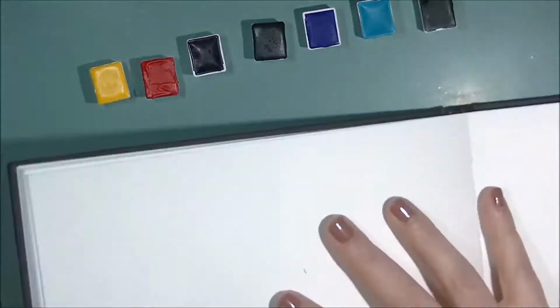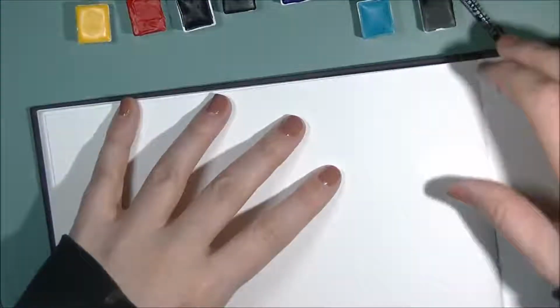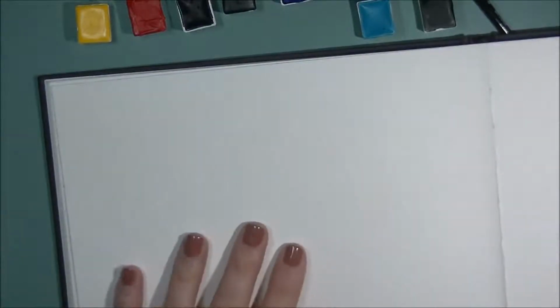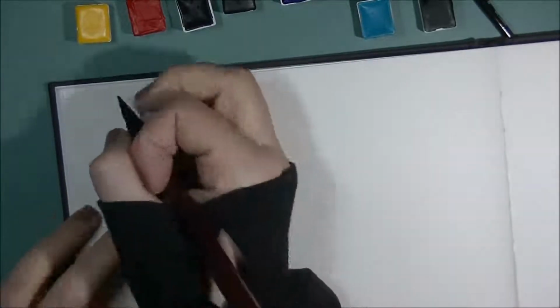I have a... This is a Strathmore. I think it's series 4. I'm not 100% positive. It's just a watercolor journal. So we're going to do that. So I'm just going to take a pen here. I might speed through some of this stuff because nobody wants to see me write this all, but...